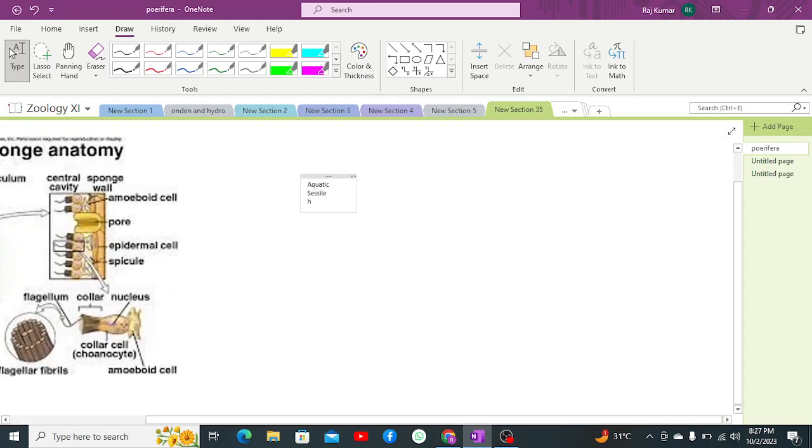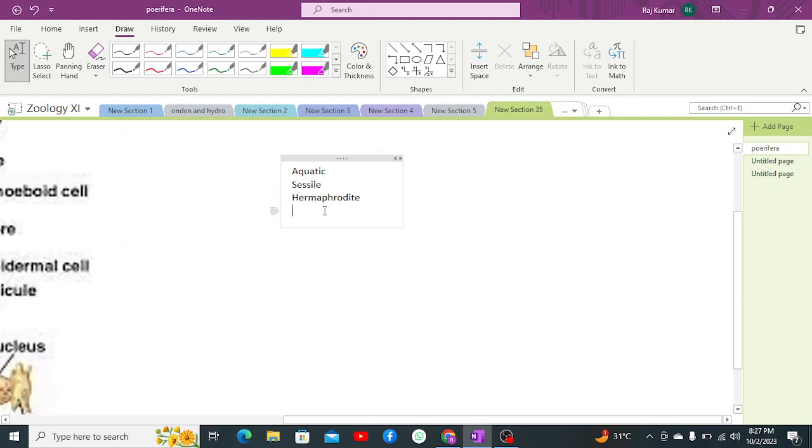Apart from which, it is hermaphrodite, which means it has both female and male reproductive gametes. Sorry, they do not have any sort of organ. They have male and female reproductive gametes. Apart from which, they are sessile, aquatic, hermaphrodite,